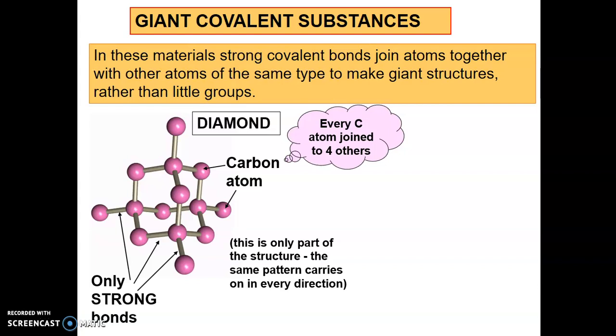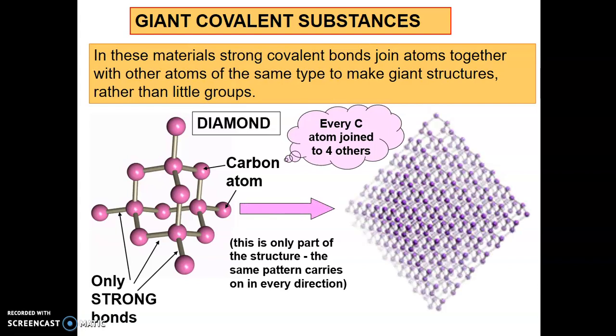A very small piece of diamond would not have as many carbon atoms, but they are all bonded to 4 other carbon atoms. They're not separate molecules joined together weakly. They are one big molecule, if you want, one big structure rather, of carbon atoms all bonded to 4 other carbon atoms. Okay?